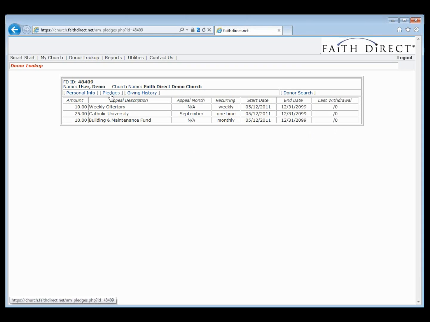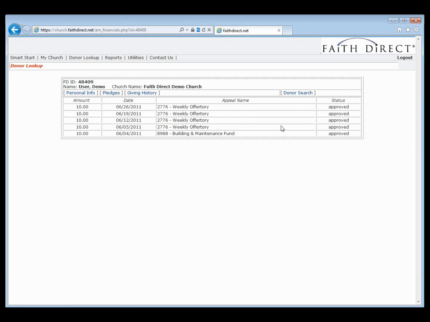All right, so that's everything that's available to you on the Pledges menu item in the secondary navigation, and we'll move now then over to the Giving History. And what this giving history does show for you is the history of this user's donations to your church. So we can see the demo user processed donations in June, and you can see that they processed 4 weekly offertory donations. These were all for $10, and the dates that are set up for all weekly gifts does actually display the Sundays for those contributions,